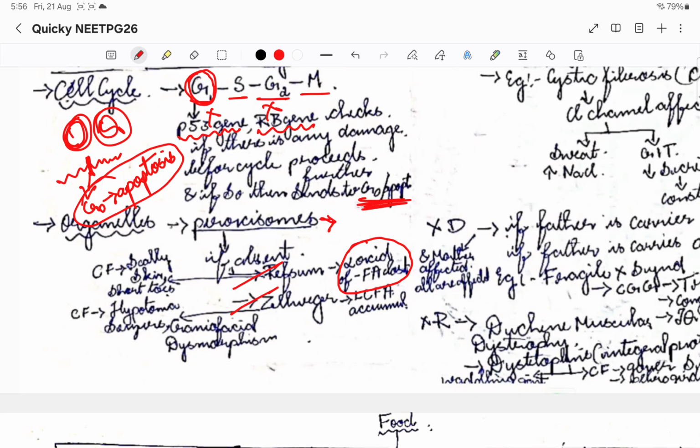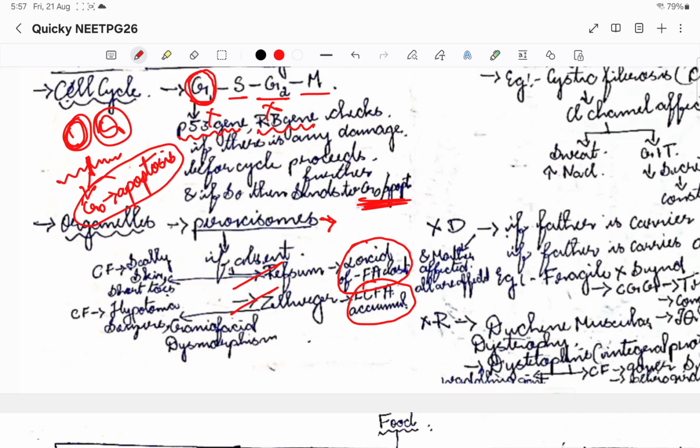For now, just remember, if there is an alpha oxidation defect, it is going to form Refsum disease. Whereas if there is long chain fatty acid accumulation, a beta oxidation defect,